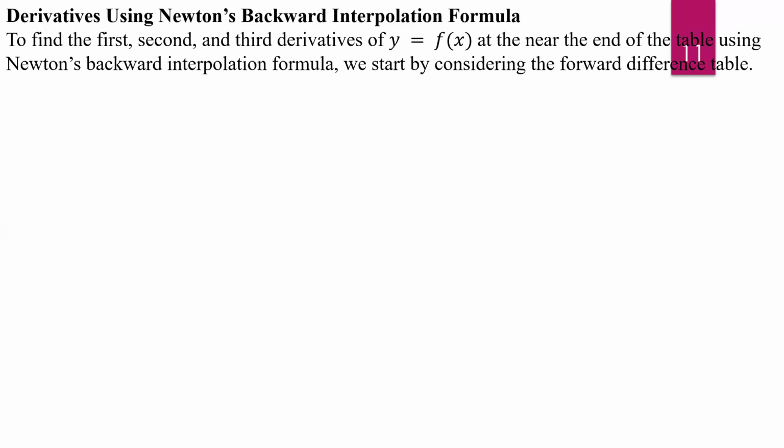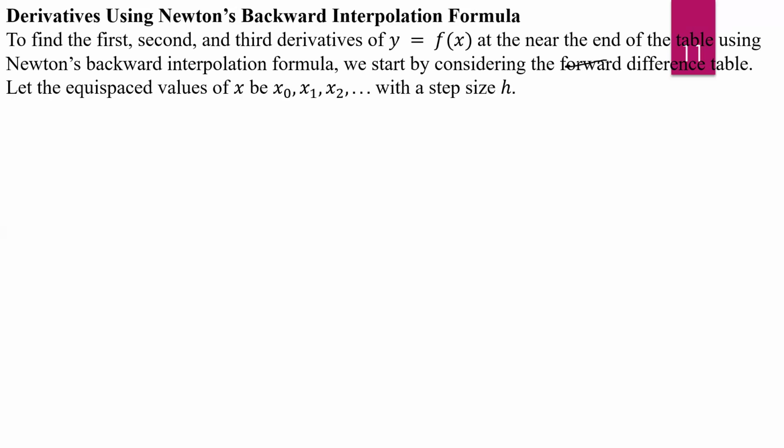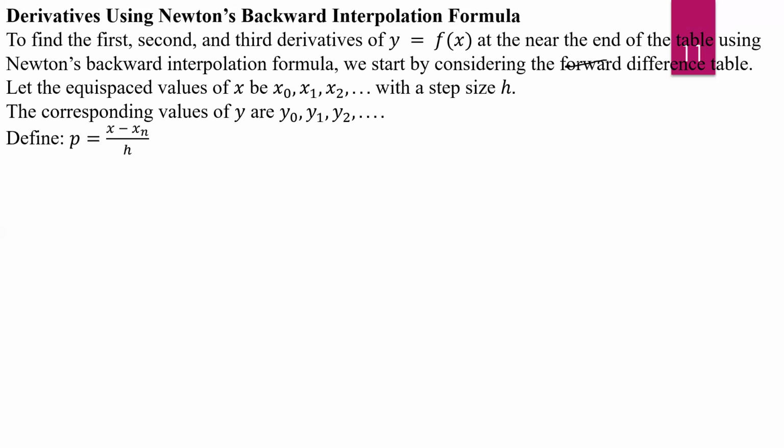We start by considering the backward difference table. So this is the backward difference table. Let the equispaced values of x be x0, x1, x2 with step size h and their corresponding values y0, y1, y2 and so on. We define p is equal to (x minus xn) divided by h. xn is the end value, that is the last value. Okay. Then the Newton backward interpolation formula is given by